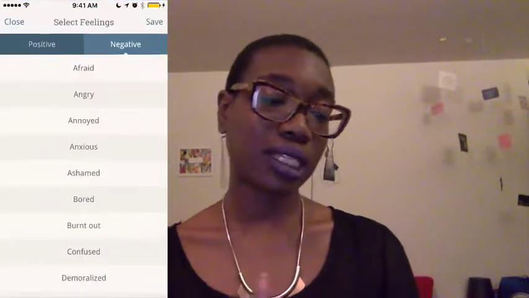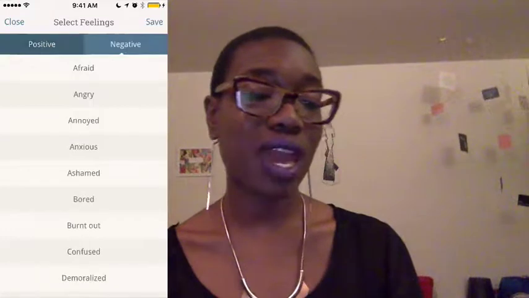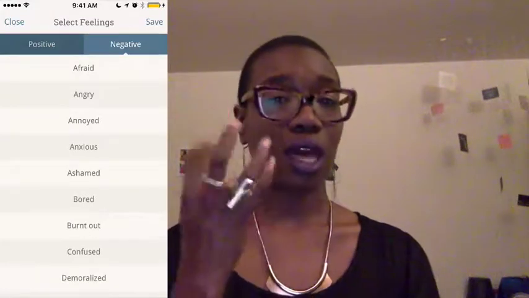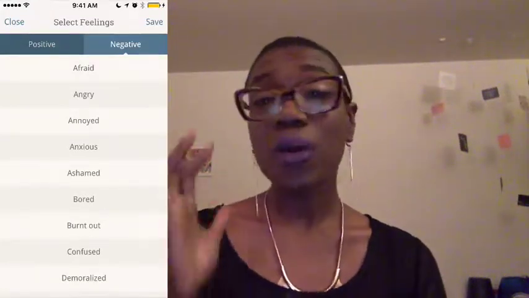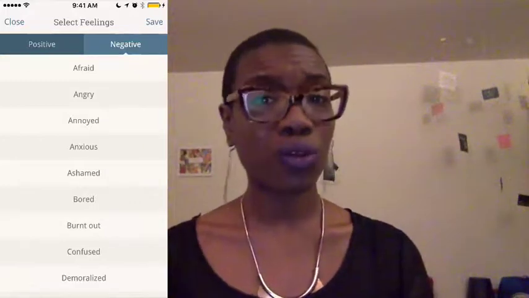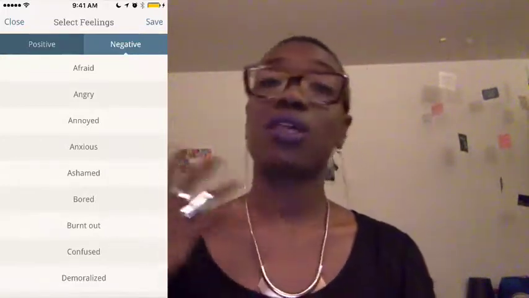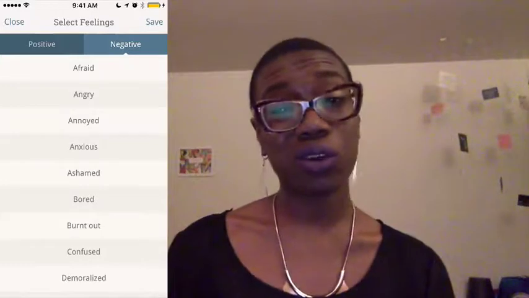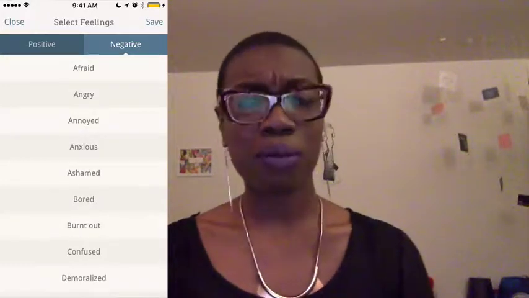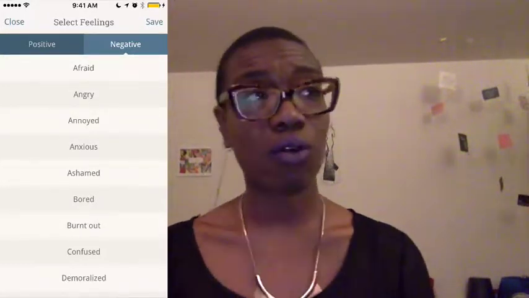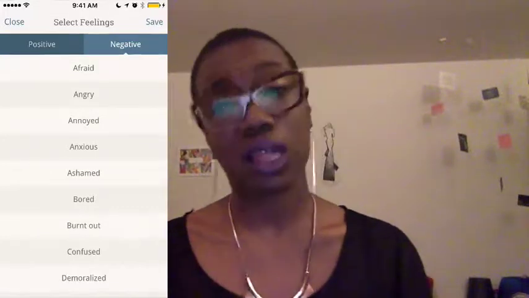So next, I get to select both positive and negative emotions that I'm currently experiencing. I always try to look through the list for both. One, because it shows me that the two can coexist. I can feel shitty and optimistic at the same time, right? Or secure and nervous at the same time.